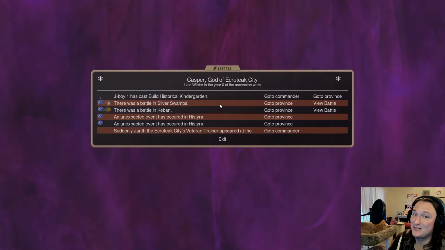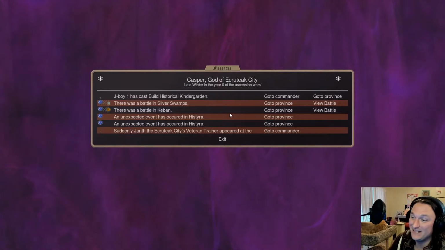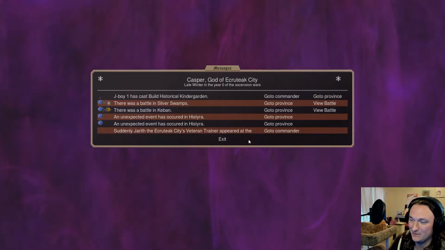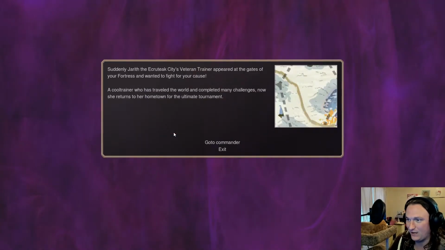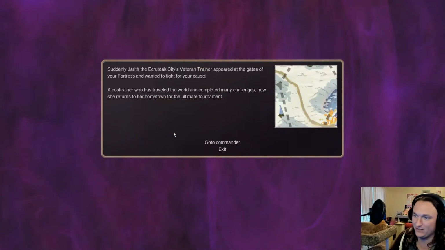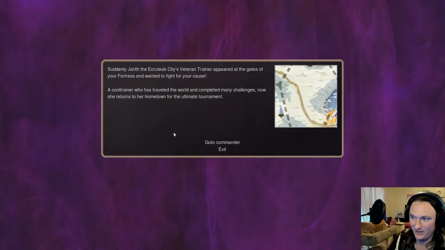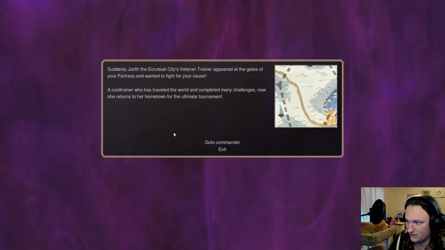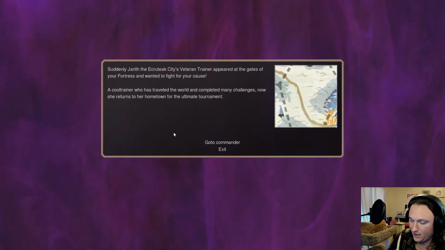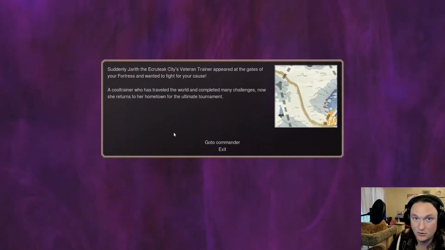Alright, so this is actually a really big lucky turn for us. I'm gonna jump right to the biggest reason why, but there are a couple of reasons. And it's this last one here. Suddenly, Jareth, the Ecruteak City's veteran trainer, appeared at the gates of your fortress and wanted to fight for your cause. So this is a big deal because, obviously,